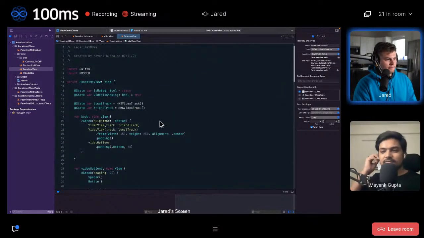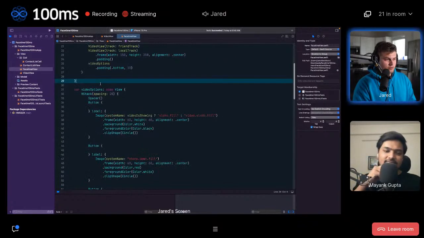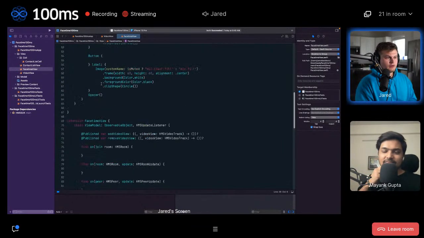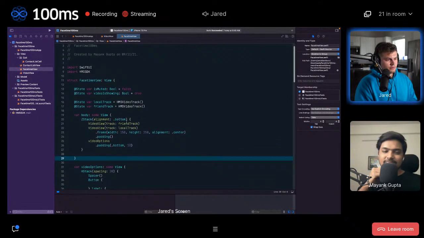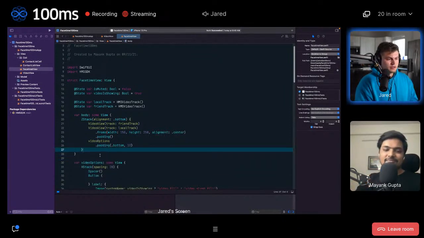So this is important, because this is just how a lot of SwiftUI works, because you can't call directly from, say, the view model directly to the view itself. We need to create essentially a listener. Anytime something changes inside of the observable object, we need to listen for those changes. So we can go ahead and do so